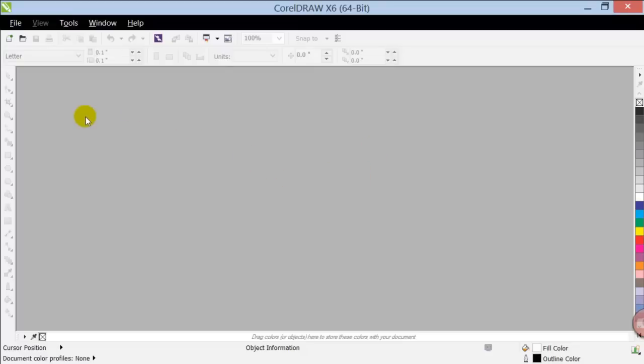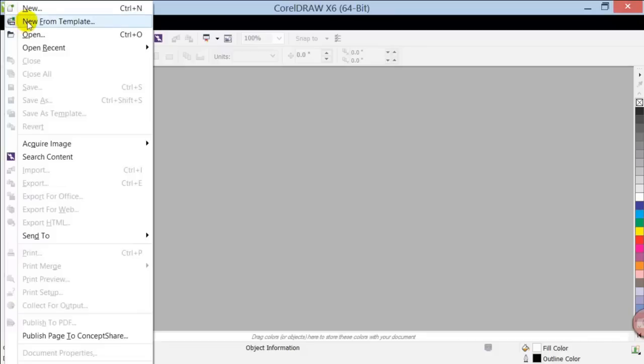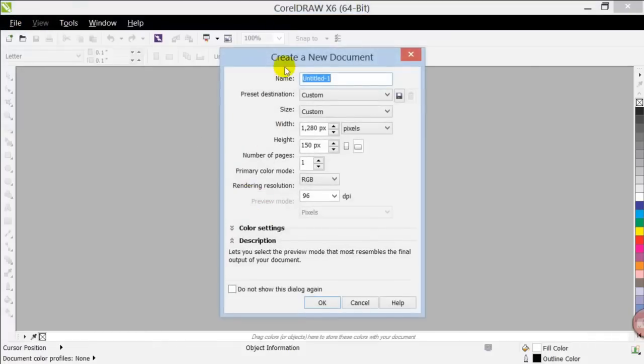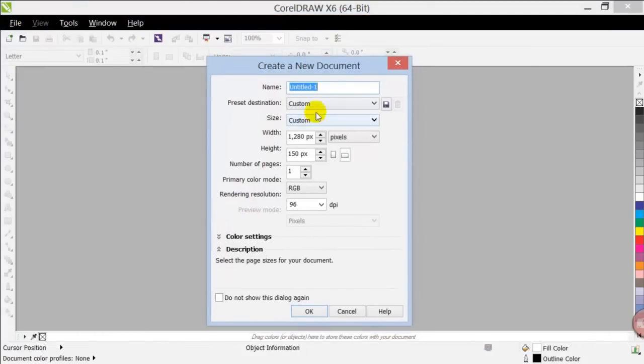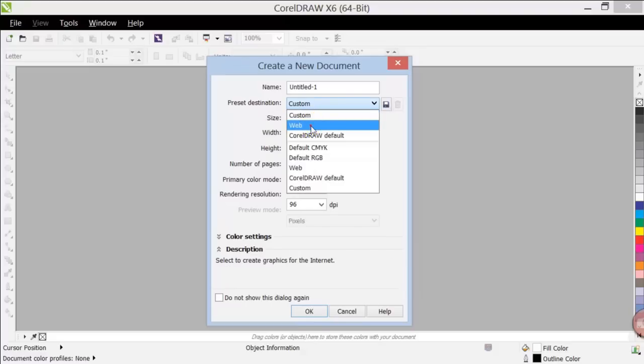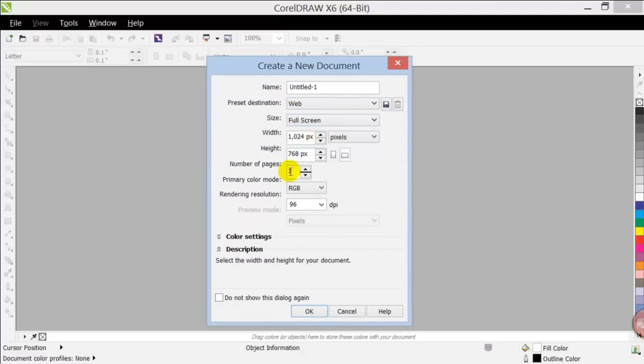When you're creating graphics for the web, just make sure you're using pixels and not DPI, which is for the printing. So when you click on File and then New, this dialog will show up. It is important that you choose Web, which means you're doing web graphics, and the default is usually 1024 by 768, or depending upon your